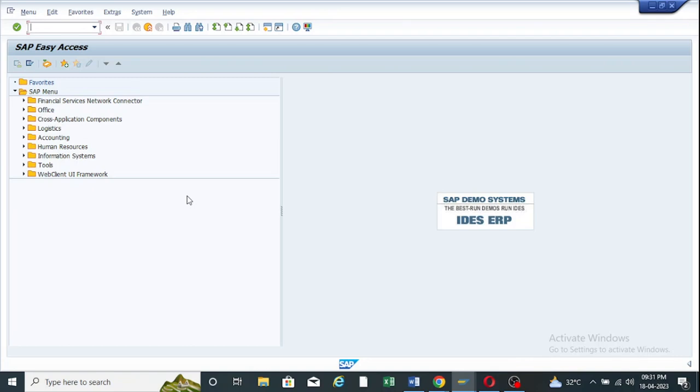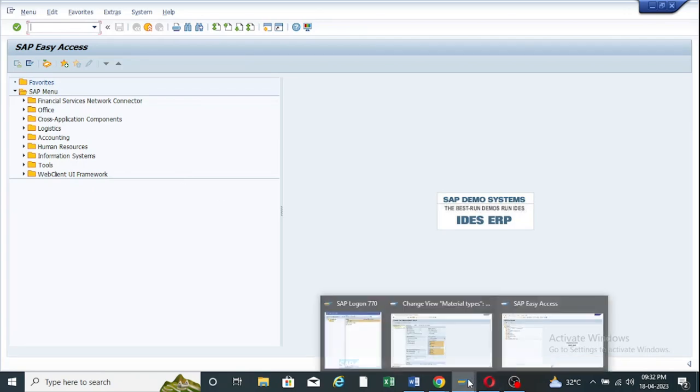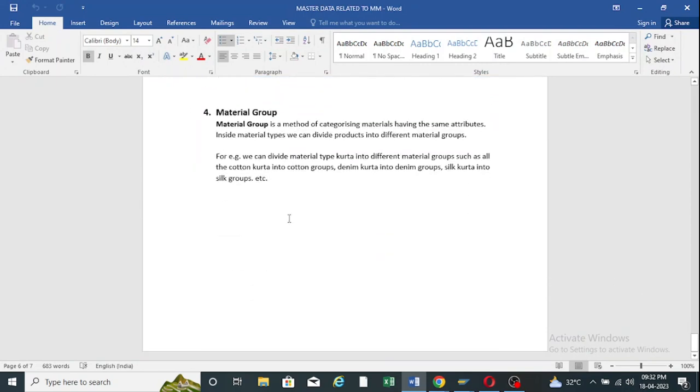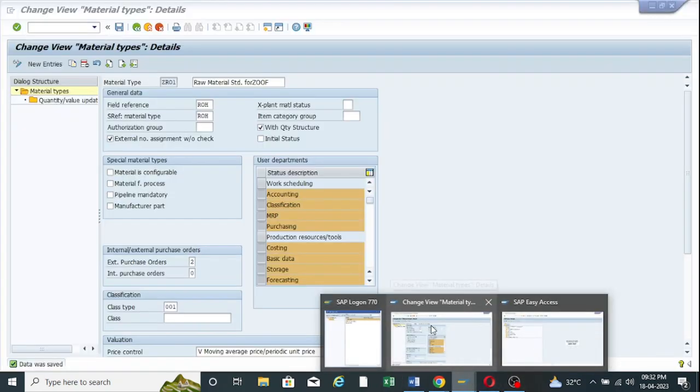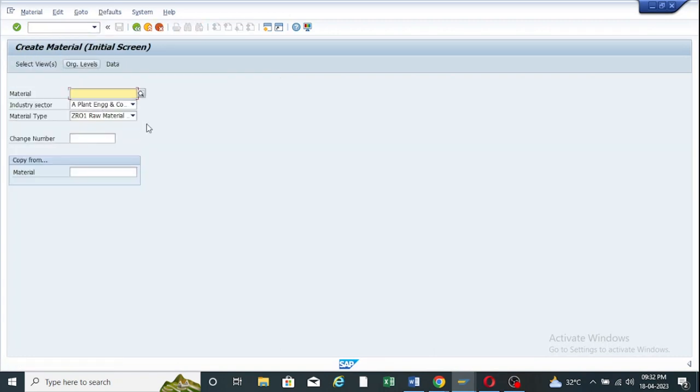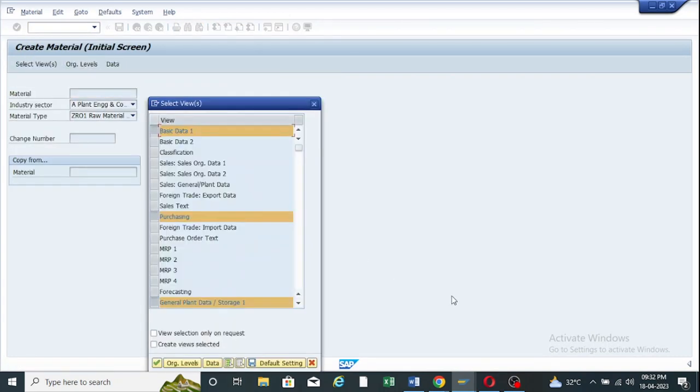Creating the internal and external number range is a little bit of a difficult topic because there are lots of things to do: create a material group, assign a number range to it, and all the things there. This is about the number range, internal and external. And last but not least is the creation of the material group, whenever we are creating the material. There is an option for the creation of the